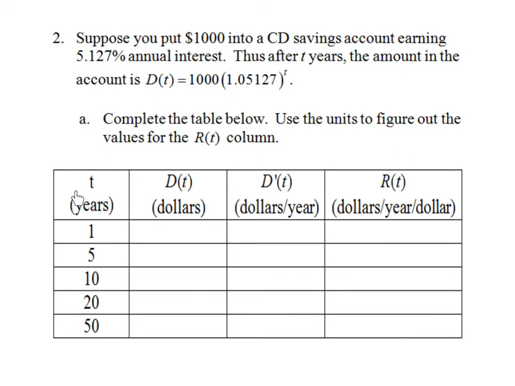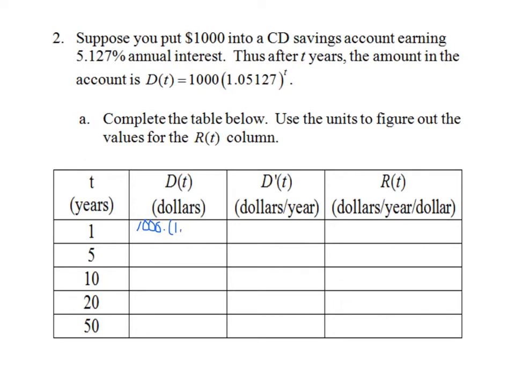So you go to the very top of the first column, you could call that years if you'd like. You can't just use T for a title of a column, it has to be more than one letter, all right? And then you would come down, skip over the second row. I'm not showing the second row in my table, but you'll skip over that and just come to the third row on the calculator and just type in 1, 5, 10, 20, and 50. And then over here, D of T, you could label that dollars if you'd like. And then in the second row, and this is kind of the formula row, it would be 1,000